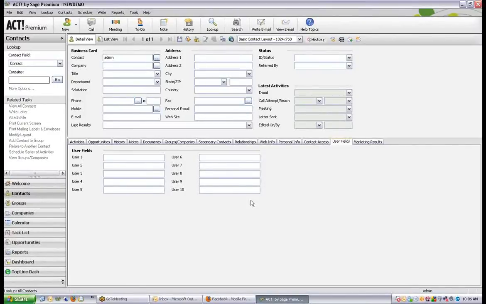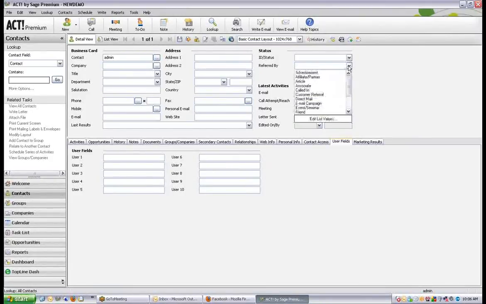I find that ACT does a good job getting us started, but there's a few things that you can do to make it just that extra step up. So no matter what industry you're in, for the most part, I'd say these fields probably will have some value to you. The first field, as my example that I would talk about, is, in ACT, we have